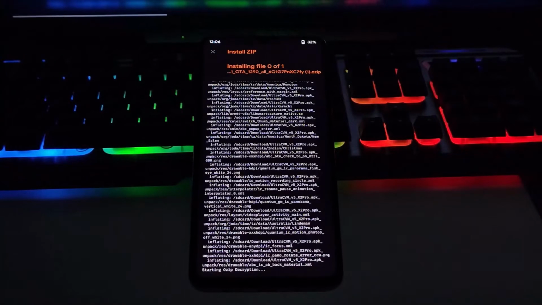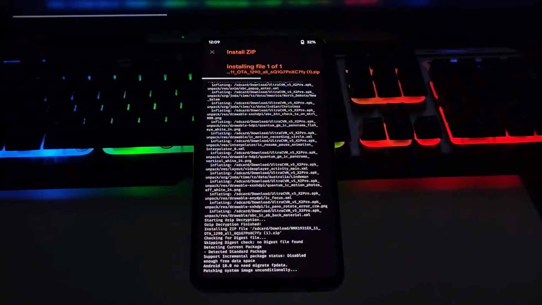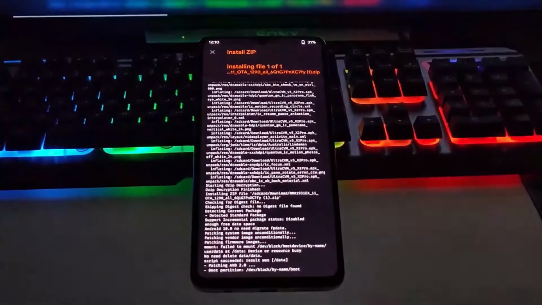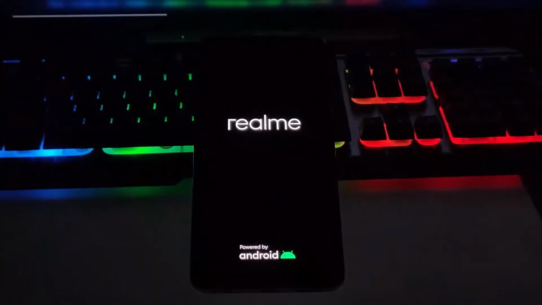As you can see, our OZip is now flashing. Just wait for a few minutes. As you can see, our update is now installed. Let's reboot the system.